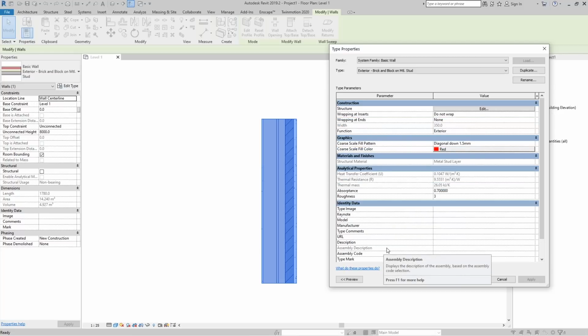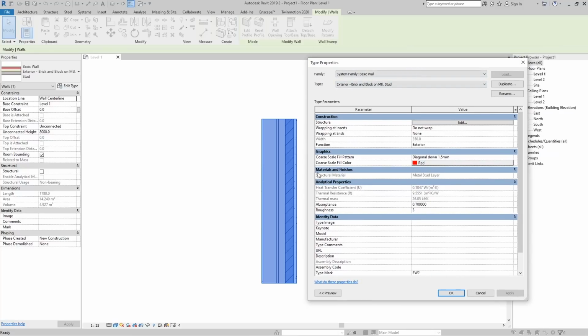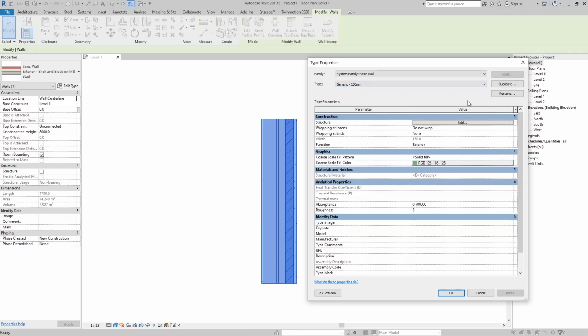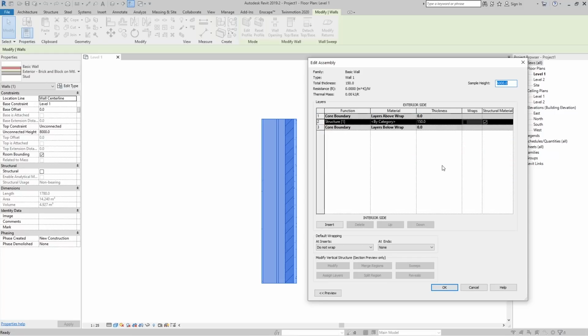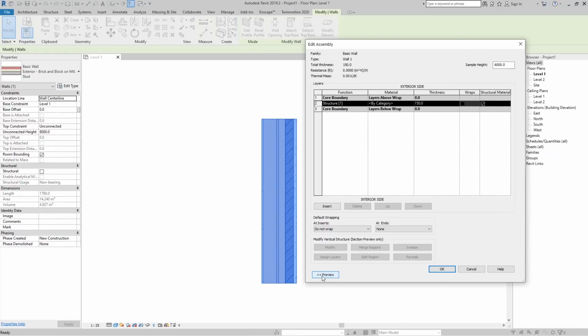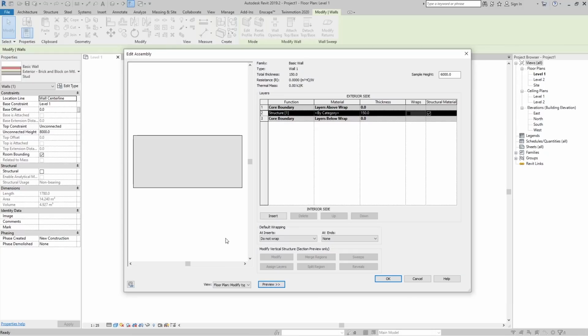Now, if we want to create a new type of our wall, go here, Generic, and set it to Generic 150, and then go to Duplicate, and we have here the name of that wall. We are going to name it Wall 1, okay, and then in the structure value go to Edit. What we see here is a preview of our new